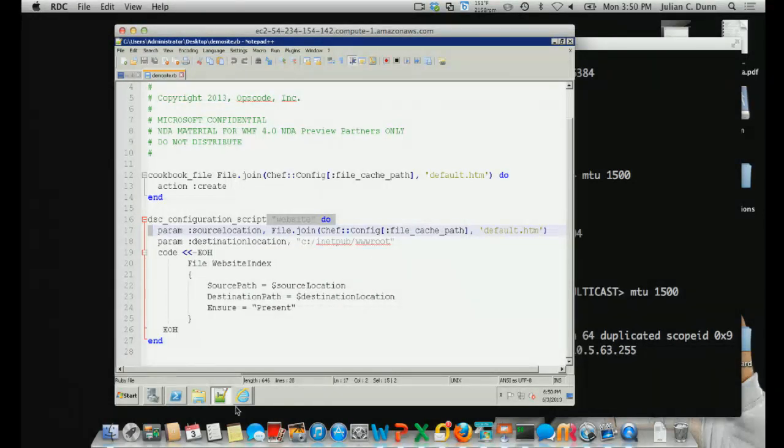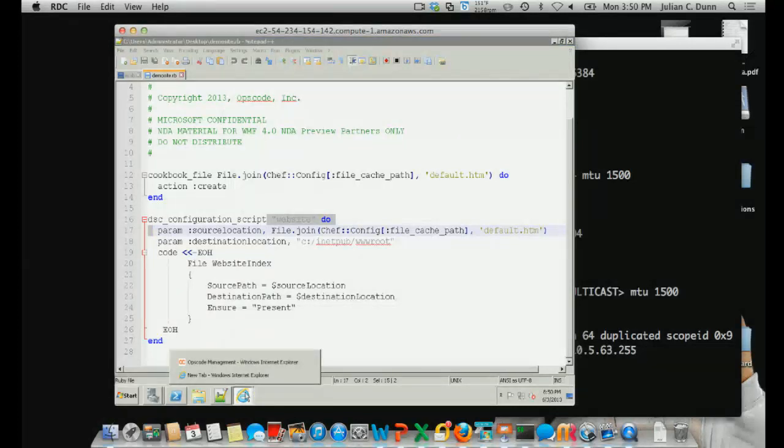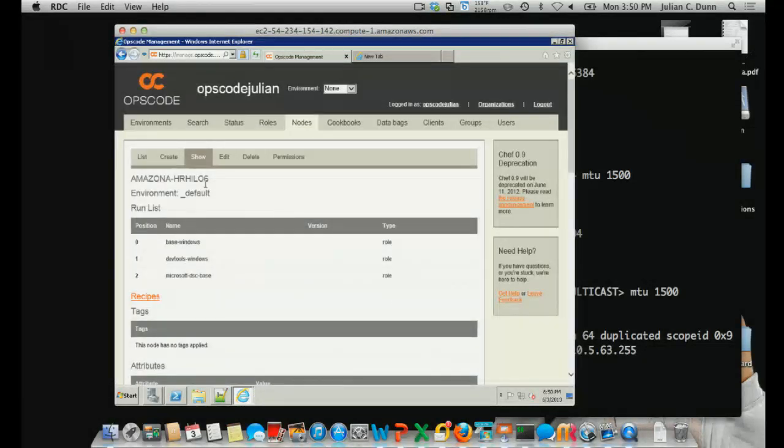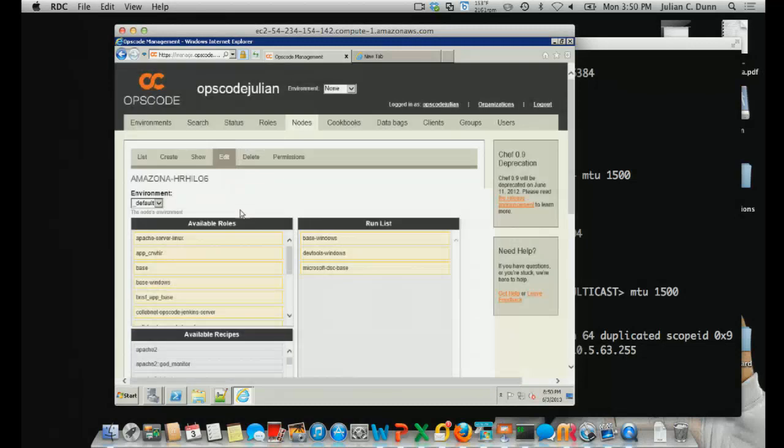So in order to run this demo, I have a node registered in my Chef server. And what I need to do is add those recipes that I've written to what we call the run list of the system. And the run list of a system is just an ordered list of things to execute, right? So you see I already have, this is how I actually personally set up my Windows systems right now if I need to do some testing, right? I have a couple of base things that I already add to those systems. I have some development tools. I have the DSC beta code on there. And I'm going to add those 2 recipes to my run list.